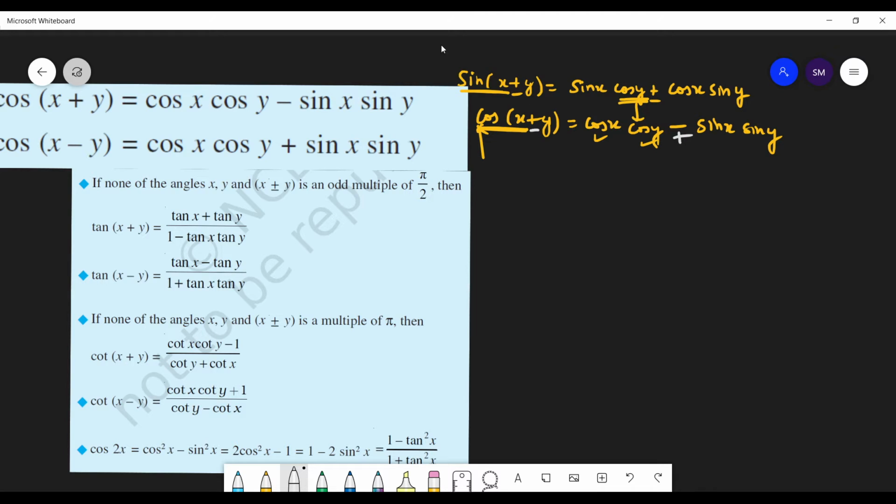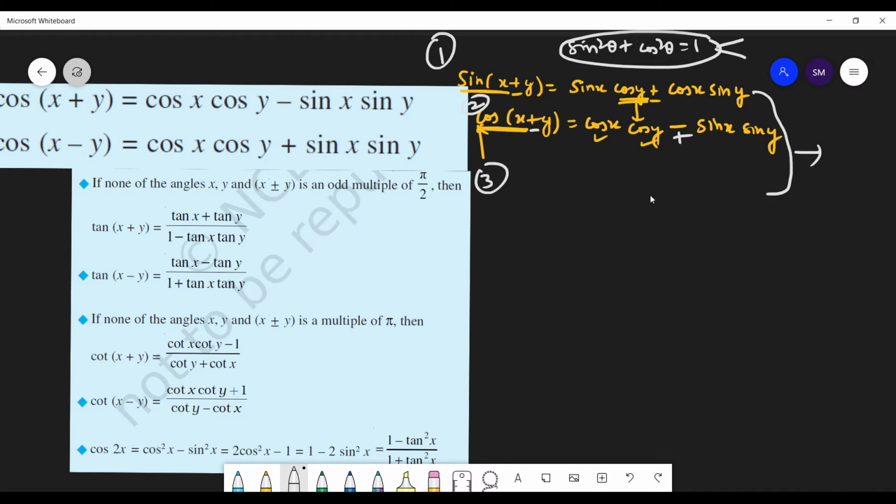Got it? So these formulas are the basic formulas, just like sine square theta plus cos square theta equals 1. So there you had one formula, and from that formula you derive two formulas. So same here, you have these three formulas, and from these three formulas you will derive a lot of formulas. So what is the third formula? Third formula is for